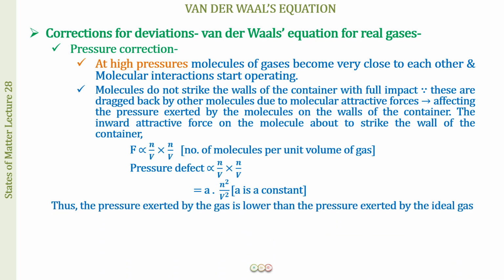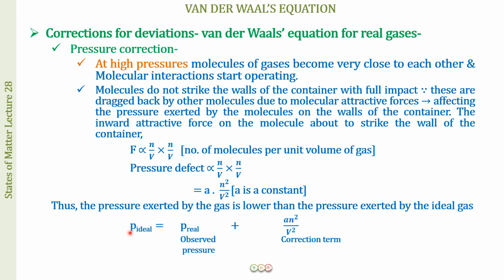Fine. So what we now have is that the pressure exerted by a real gas is lower than the pressure exerted by the ideal gas, and P ideal is going to be equal to P real plus a n square by V square. This P real is the experimental value or the observed pressure, and a n square by V square is the correction term. Once we have corrected the observed pressure, we just add these two up, and what we get is P ideal. I hope this is clear.